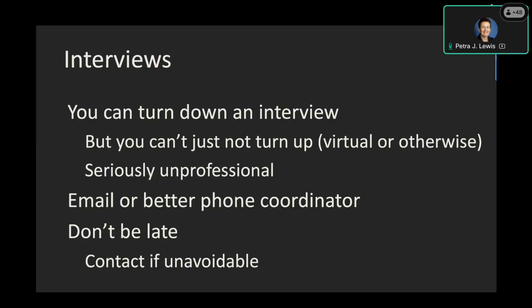You can turn down an interview, but you can't just not turn up, whether it's in person or virtually. That is super unprofessional. If you've decided that you got accepted to way too many interviews than you're able to do, or maybe there's a clash on that day, you can see whether they can reschedule, which they may be able to. Or maybe you have to decide you want to interview at University of Connecticut versus the University of Massachusetts, or wherever, that's fine. But the sooner you let people know, the better, because you are really doing another student out of an interview opportunity. We all have wait lists, and that student on the wait list may be super interested in our program, and they just didn't quite make the cut. And so if you don't let us know till that day, it's too late for that student. So as soon as you know,